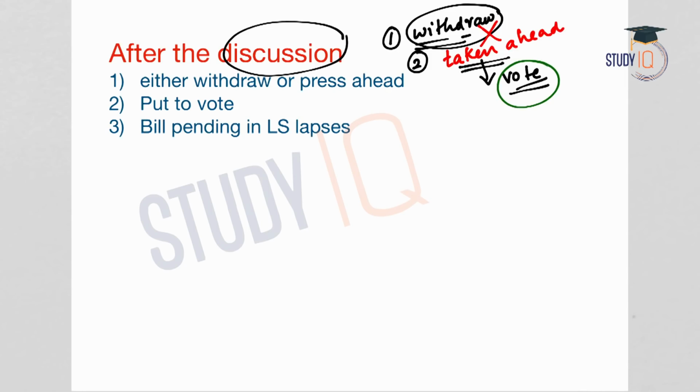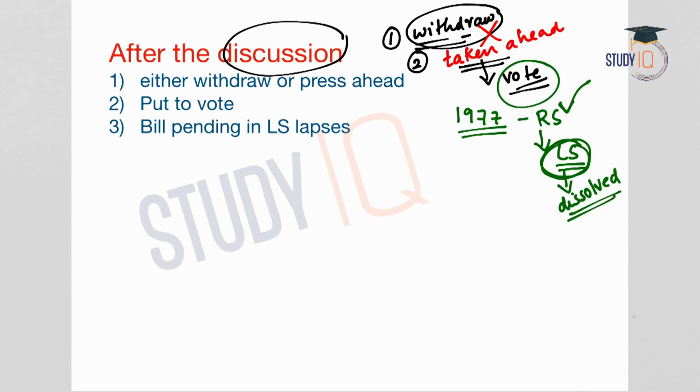Let us take an example. In the year 1997, the Rajya Sabha passed a private members bill and this bill was aimed at amending the Aligarh Muslim University Act. So, the bill was passed in Rajya Sabha and after the bill is passed in one house, it moves to the second one, that is to the Lok Sabha. But then this bill went to the 6th Lok Sabha and the 6th Lok Sabha was dissolved and this led to the lapse of the bill.